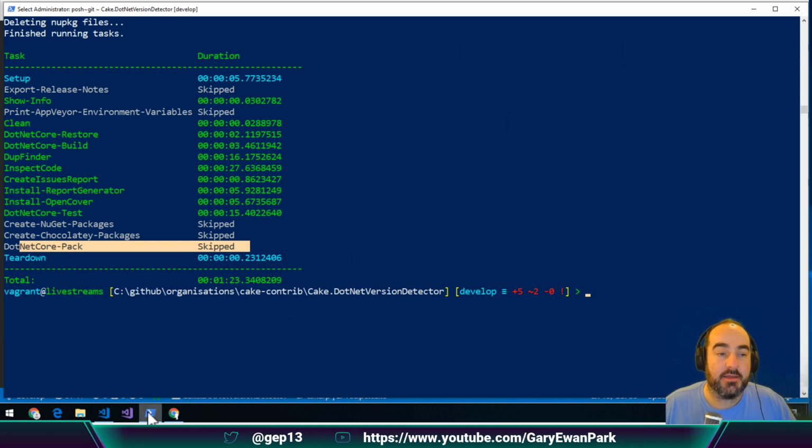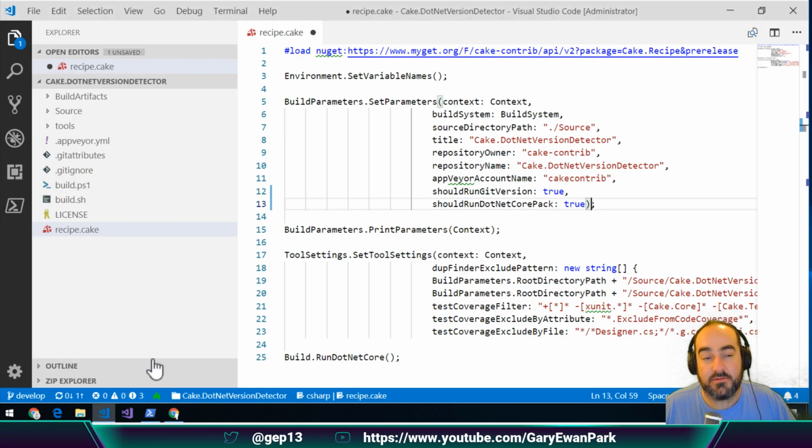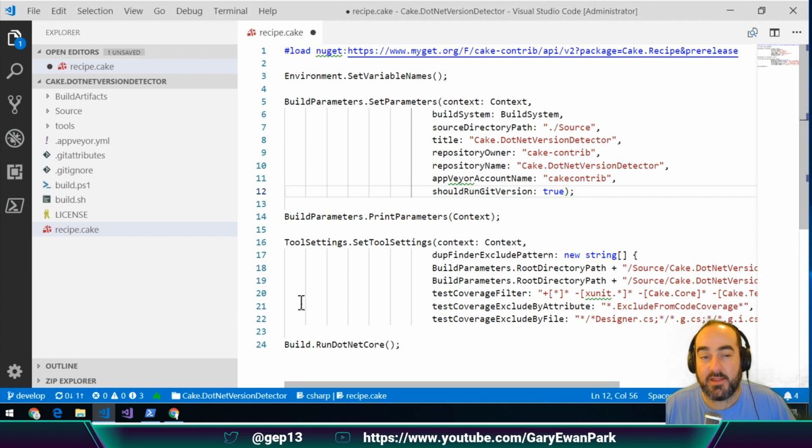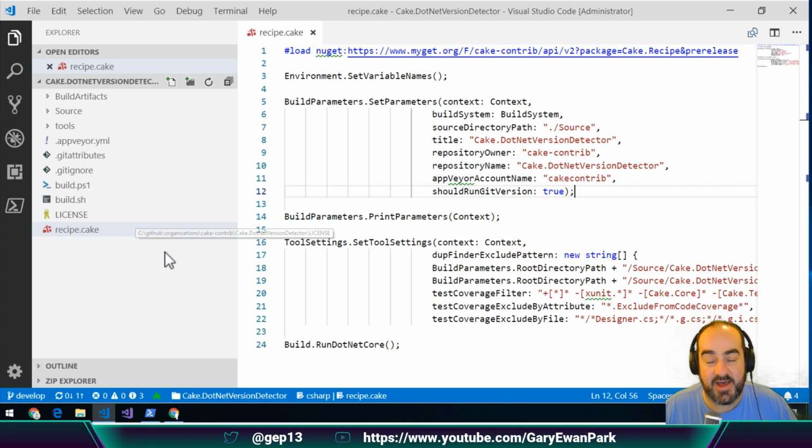Now, there's lots of reasons that I won't go into as part of this. I don't do it that way. I like to have a little bit more control over the way that the NuGet packages are being created. So I tend to still have a nuspec file that I put into my repository. Now, the way that Cake.Recipe works is that it expects that nuspec file to be in a particular location, and when that location is identified, it will run the NuGet pack on that nuspec file to generate the